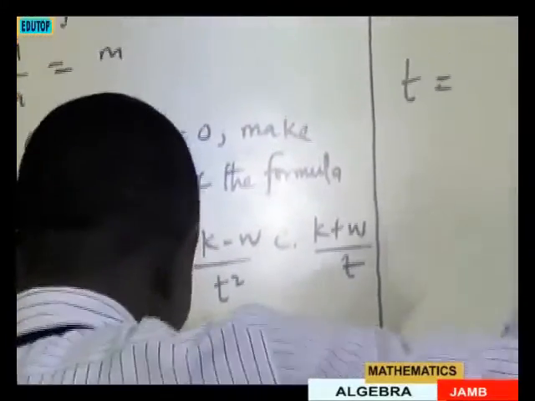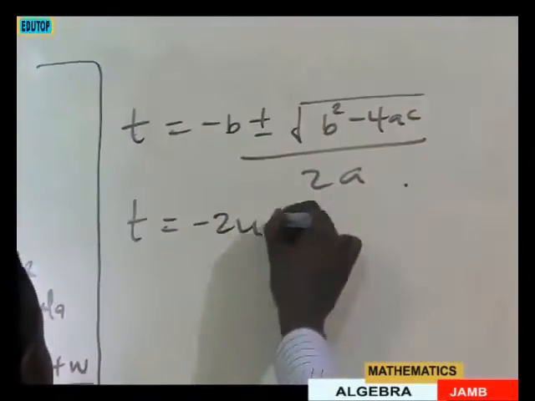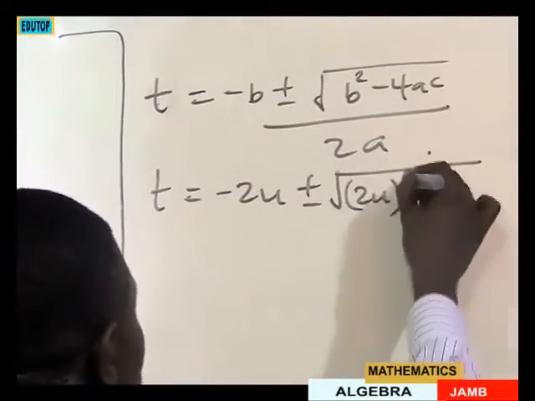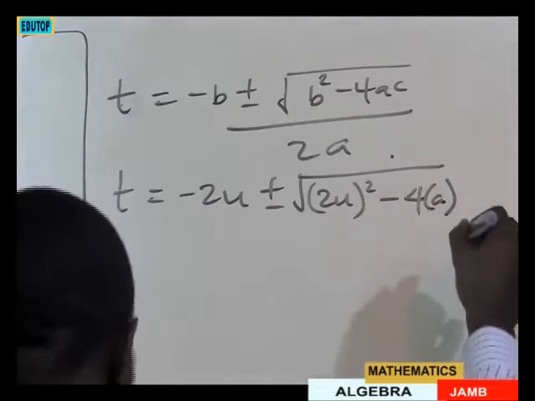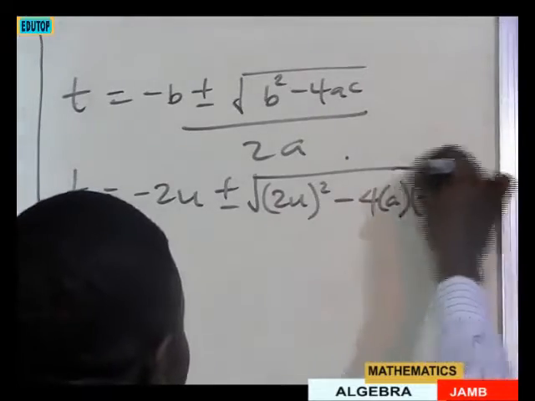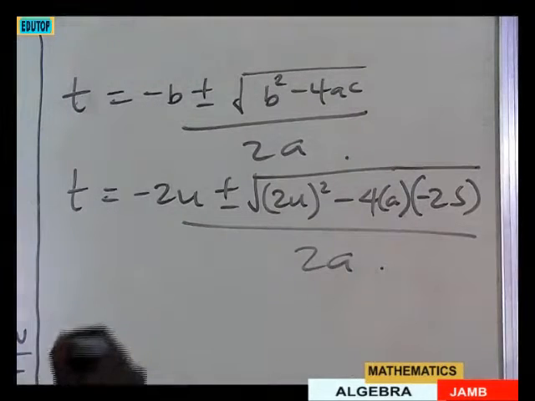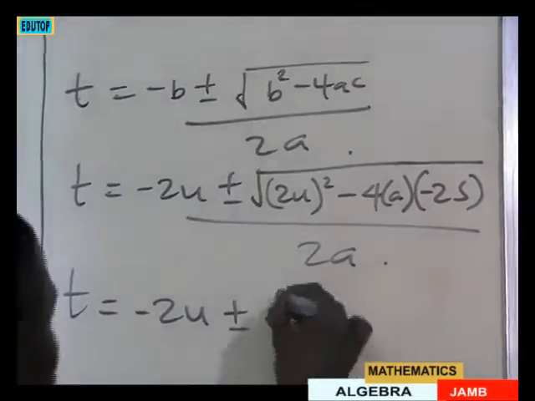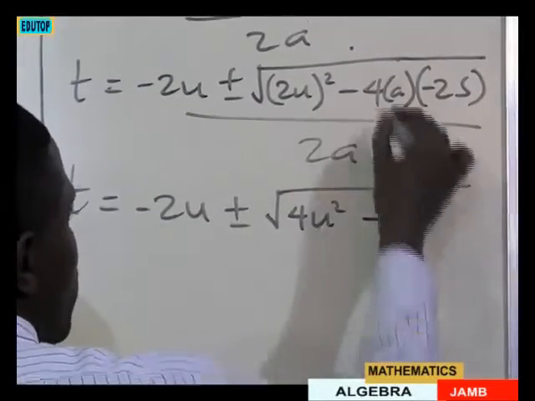So we come here, t will now be equal to minus b. What is my minus b? Minus b is 2u, that will be minus 2u, plus or minus square root of b squared, so it will be 2u all squared, minus 4. What is my a? My a remains the same. Then what's my c? My c is now minus 2s, everything affected by the square root, over 2a. Then the next thing is to simplify. So I have t equals minus 2u plus or minus square root of 2u squared is 4u squared. Minus times minus plus, 2 times this, I have